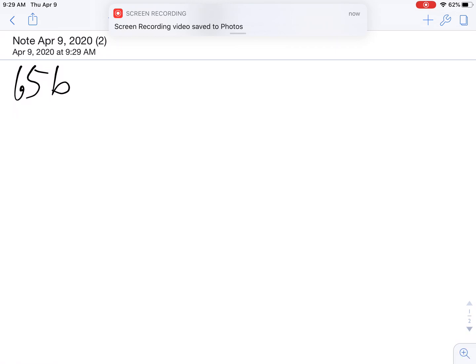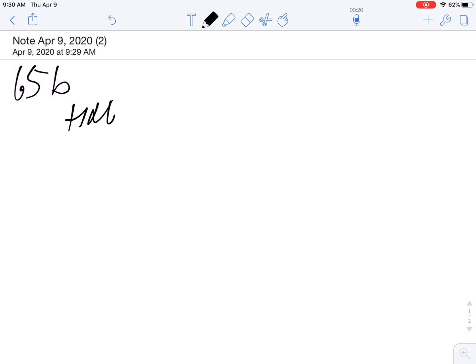Okay, so in 65B, we're doing the exact same thing, but now with a base, and we're titrating with a strong acid. They spiced it up a little bit by giving us different concentrations. So the first thing we're going to do is find the equivalence point. So we've got nitric acid, and it's 0.2 molar,